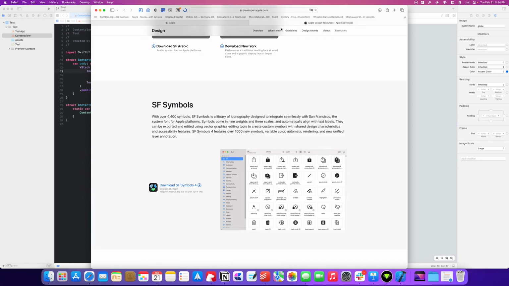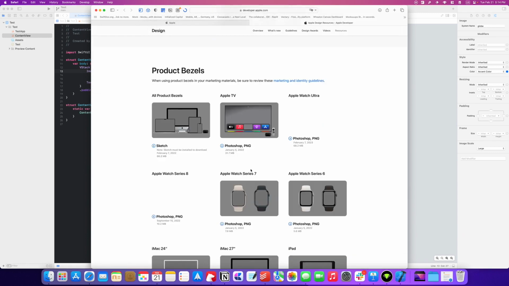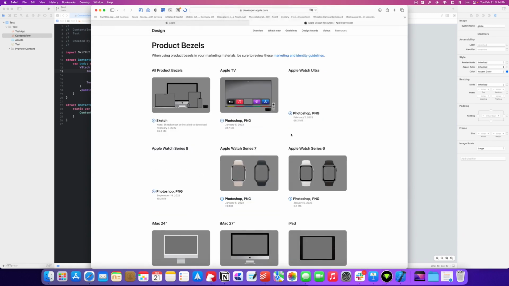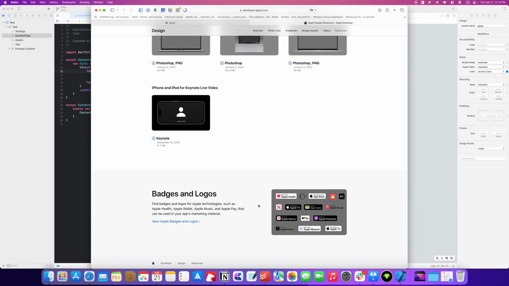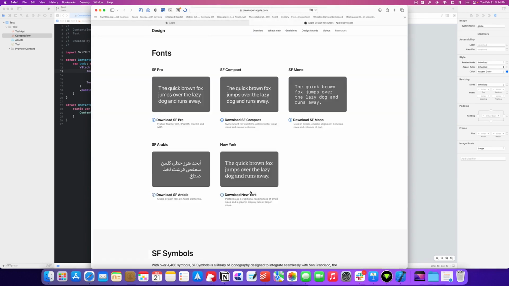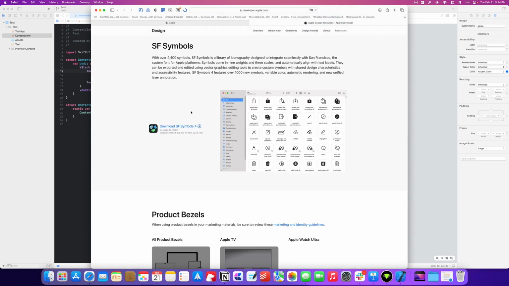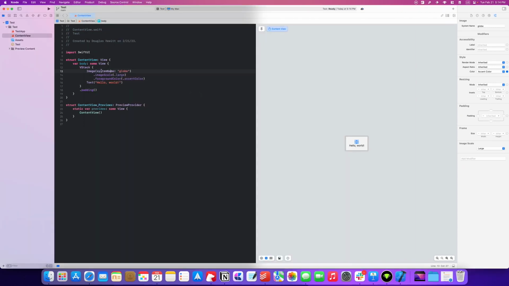You can also see this is part of the Apple design page, and they have all kinds of things like product bezels for marketing, things like that, badges and logos, etc. You get the idea. That's all we're going to look at about that today, but this will be helpful in the future. But now you know and understand kind of where this comes from, and you can look up how to change it. So for example,